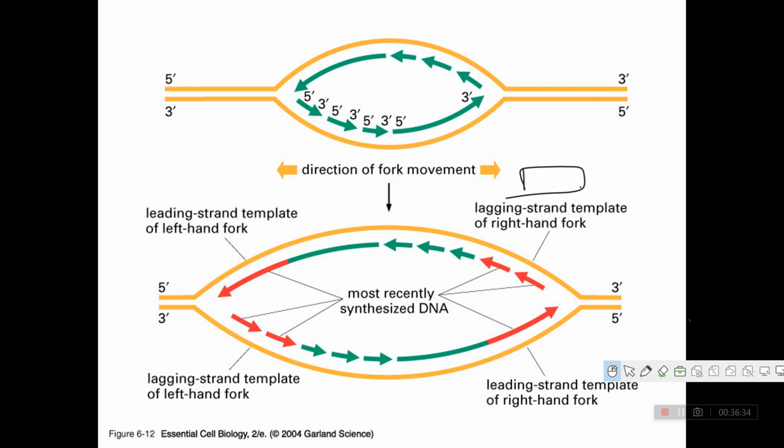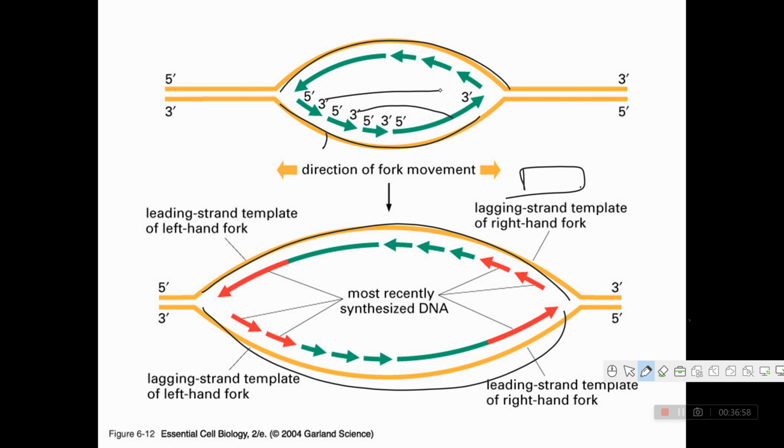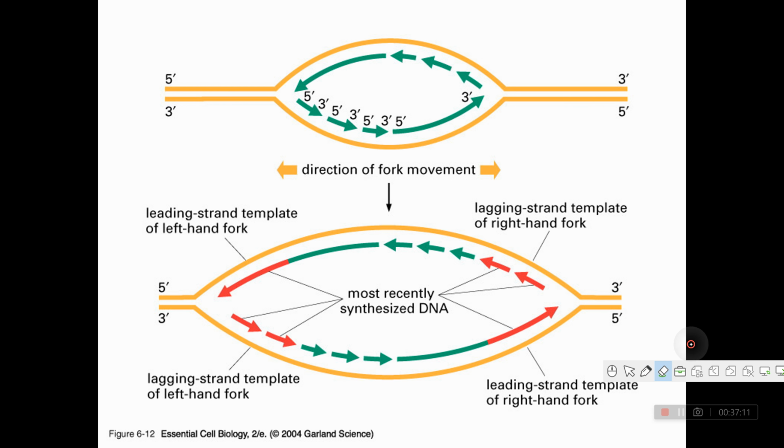This is the replication fork, right? Already you understand this. After the breaking of the hydrogen bond, this is the direction in which the replication fork will move, right? One strand acts as the leading strand, one is the lagging strand. This is the leading strand, and this acts as the lagging strand. After that, DNA pol 2 will come, and they remove all the primer. After that, ligase will come, and they seal the nick, right? So here also one strand will be formed.